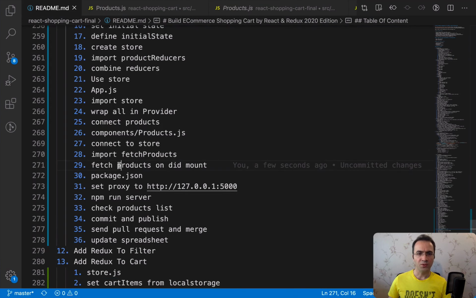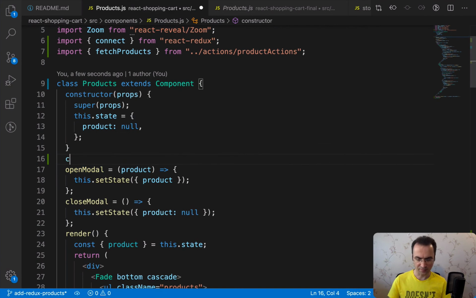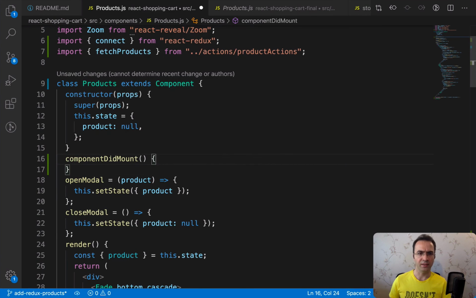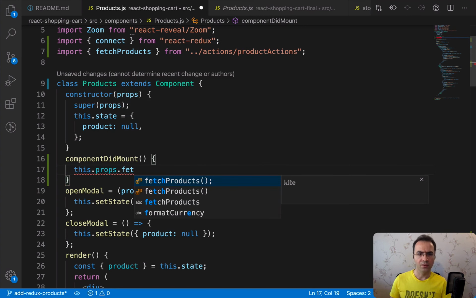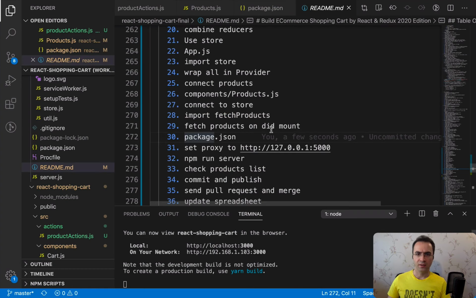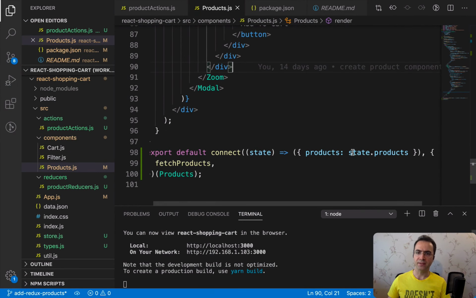So it's time to fetch products inside componentDidMount. Let's go to the product.js component and define componentDidMount like this. Inside that, I'm going to call fetchProducts, but it should be called from props. this.props.fetchProducts, like this. After calling fetchProducts in componentDidMount, we need to update the product.js at the very end and set the last line to